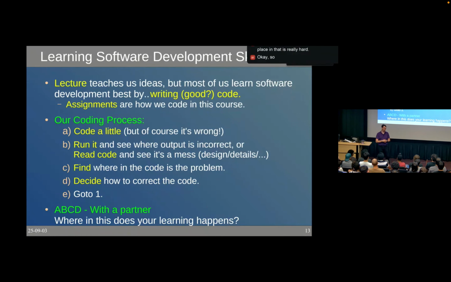Okay, so can you see where we're going with this? To have value, you need skills. To get skills, you have to learn them. We learn by coding. Here's our coding process, where we probably learn somewhere in there. And then I'm going to ask, what's the impact of AI on this? So if at any point you're using AI to do this because it's hard